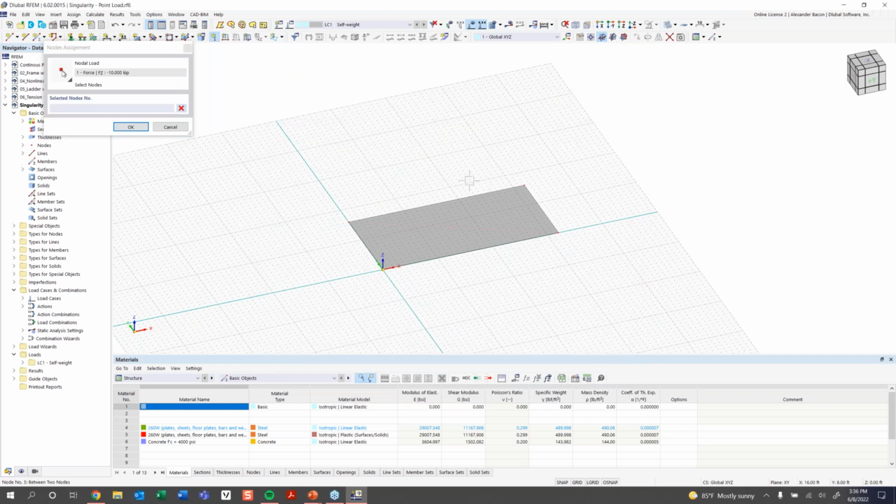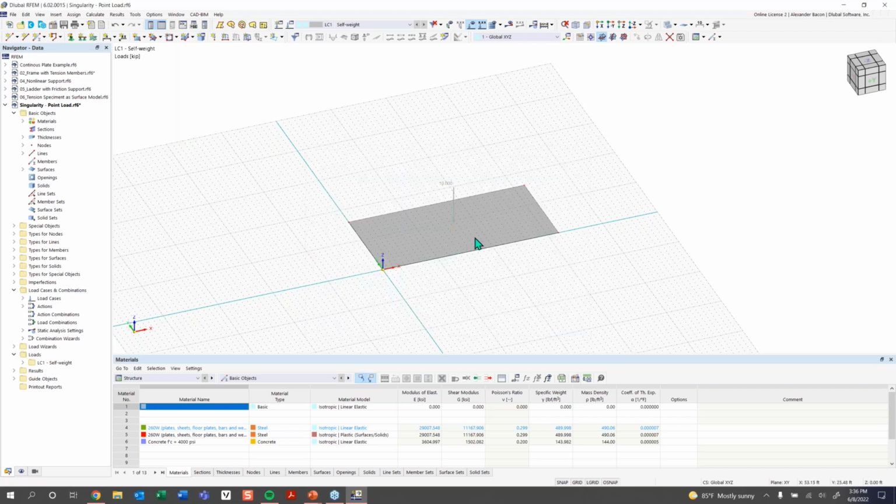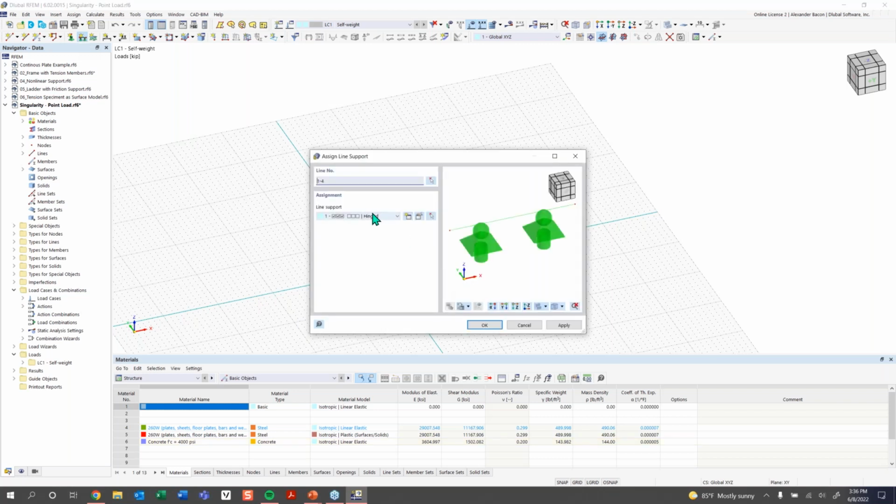And so we can apply that right to the center there. And then we can just add line supports. We just need to support this now. So we're just going to support the entire edge of this plate here. So I can just highlight the whole thing, go to line support, choose the preset hinged,